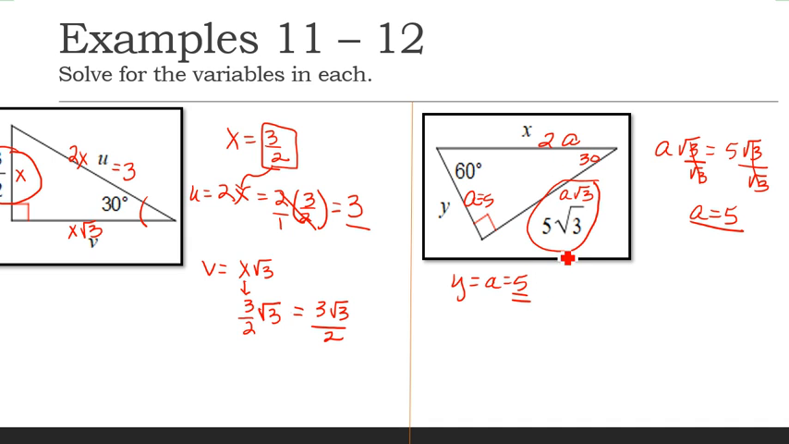All right, so 2a, if x equals 2 times a, but I know a is 5, that's just 2 times 5, which is 10. All right, I'm going to stop right here because we need to take a